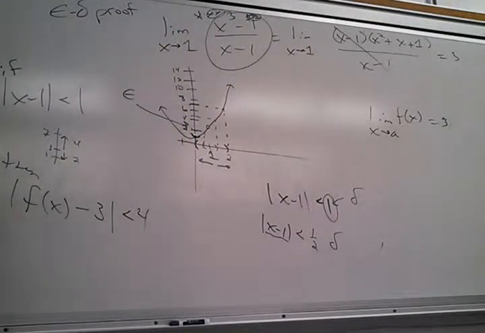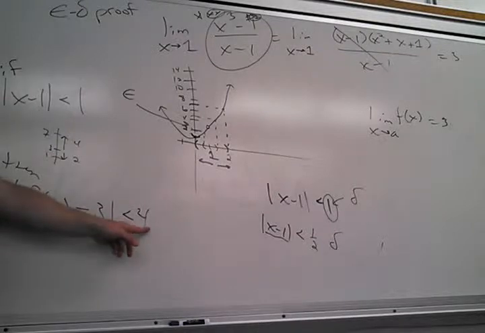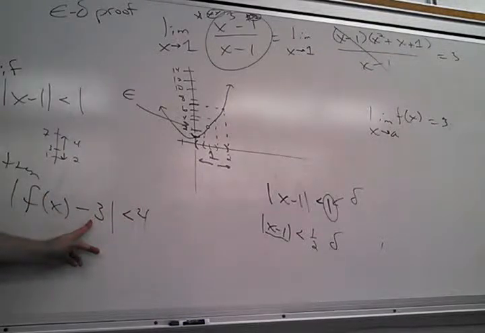Can you say that one more time? I'm just trying to grasp. I'm assuming that the 3 came from being the limit. Exactly. But why is it negative 3 from the function? Because the distance between 3 and the function would of course be subtraction, and the absolute value is because I want distance, so I don't want negative values. That's it. I want the function value to be at most 4 away from the limit.